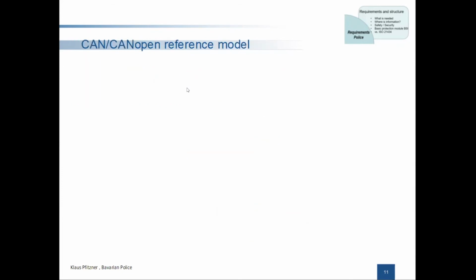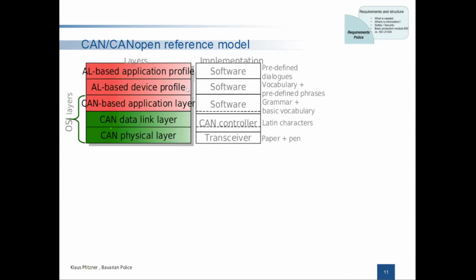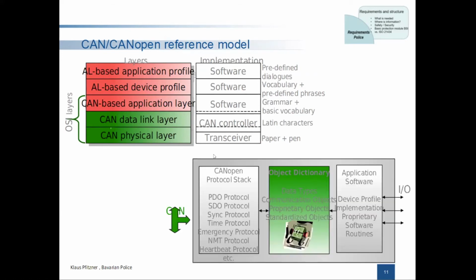This slide should give you a little insight into the structure and the scope of the CANopen network. From one point of view, you look at the OSI layer discussion. You can see layer 1 and layer 2 and different layers above. And this one shows the different protocols and profiles we use.